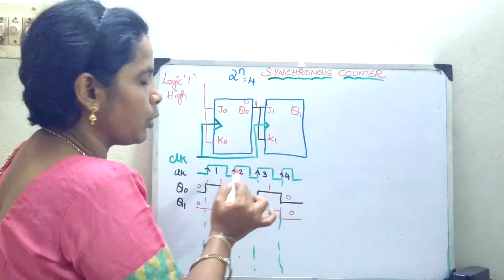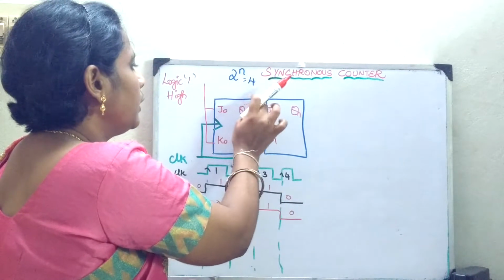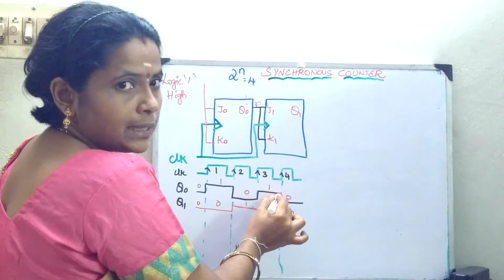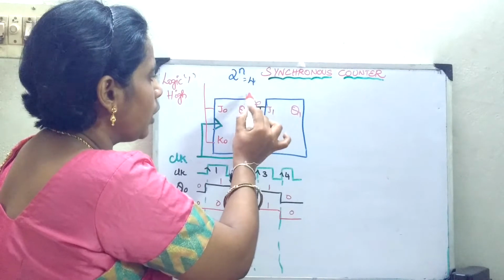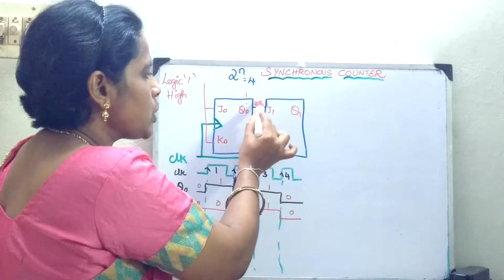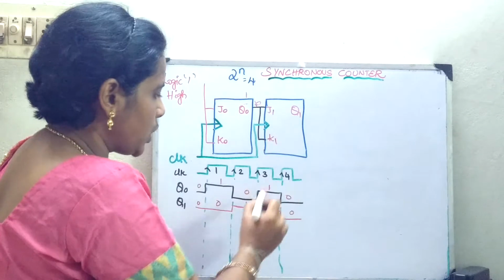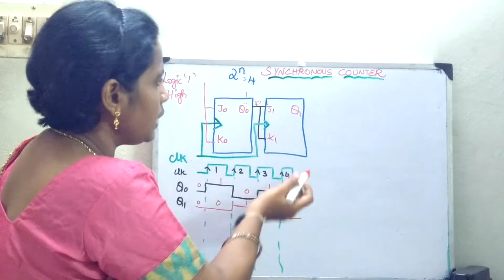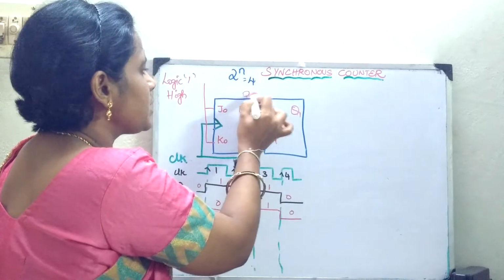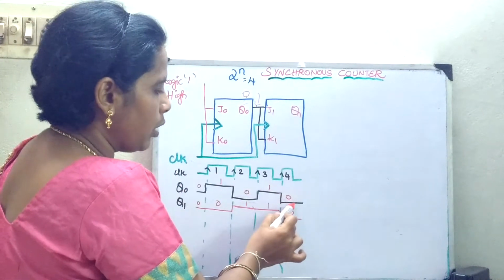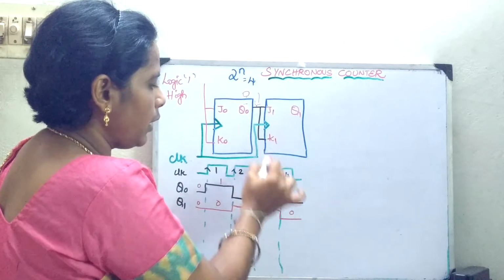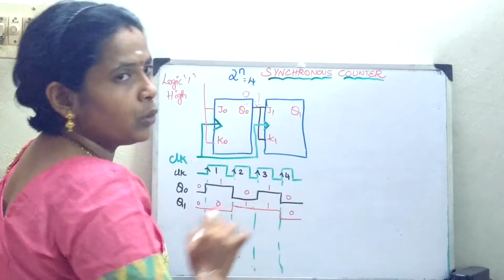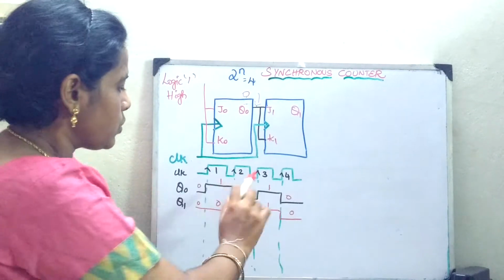Now apply the third clock pulse. Again the first output toggles to 1. But when it toggles to 1, this 0 comes to the second flip-flop, so it remains in the no change condition and keeps its previous value. Whenever I apply the next clock pulse, the first output toggles to 0, so this 1 comes here and switches on the flip-flop. It was earlier at 1, and now it shifts to 0. That is the condition.